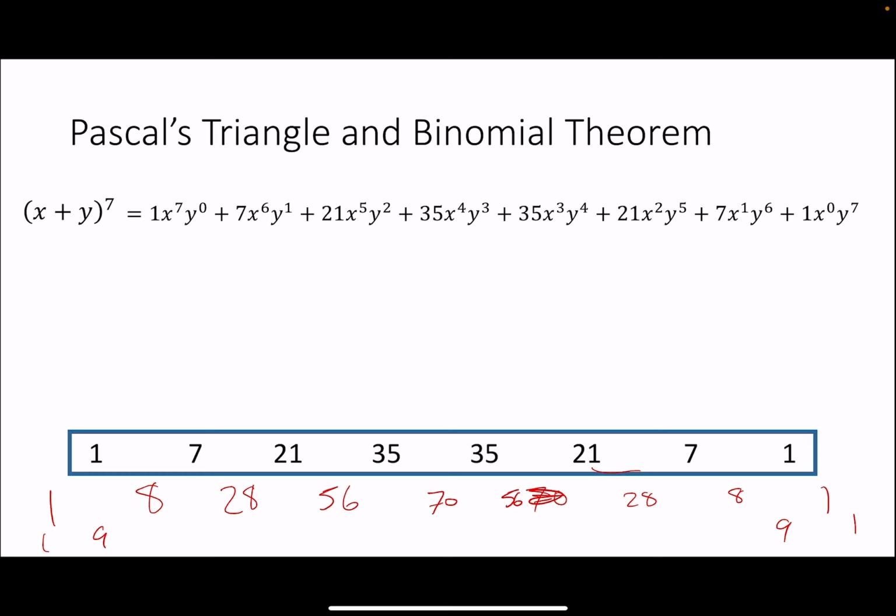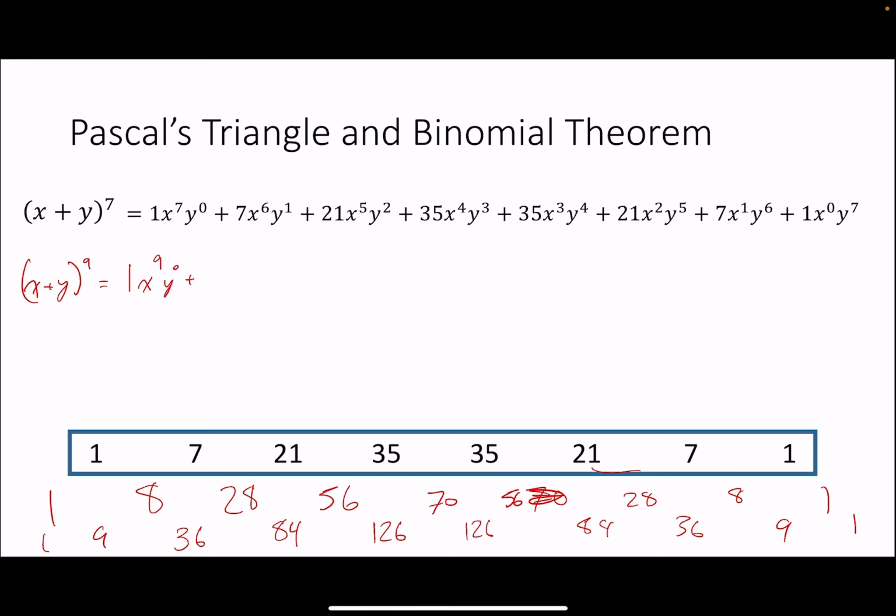The next line would be, what's 8 plus 28? 36. This would be 84, if I'm not mistaken. I think I'm right. 76 plus 50, 126, I believe. 126, 84, 36, 9, and 1. So if I said, what's (x plus y) to the power of 9, well, that's just equal to 1 x to the 9,